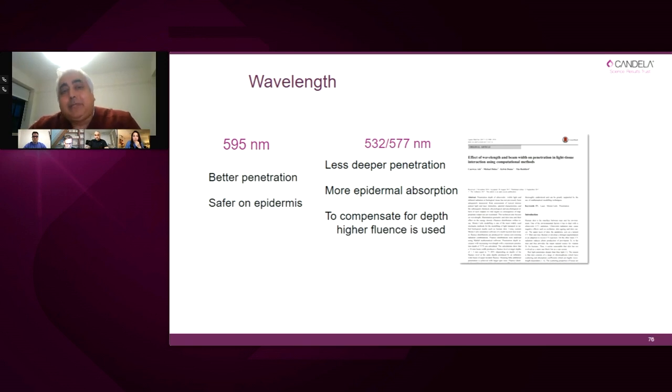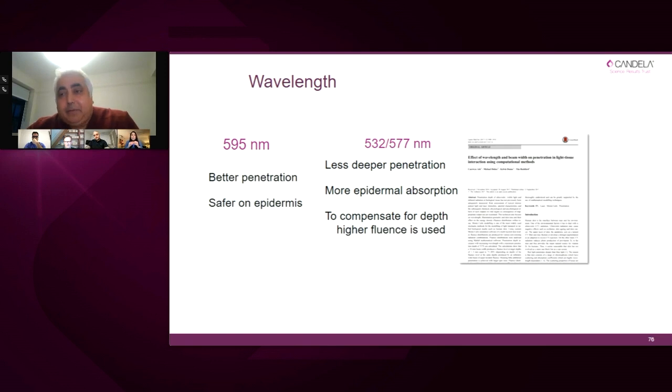So there's a reason why the pulse dye laser and the V-beam Perfecta has the 595, because Candela did look at other wavelengths, the shorter wavelengths, through the progression of the vascular lasers after the inception of the selective photothermolysis theory by Professor Rox Anderson in the 80s.